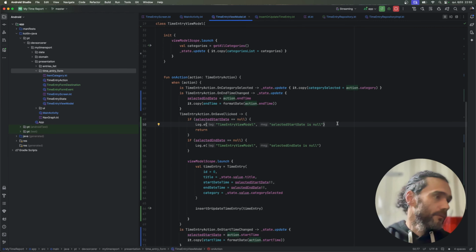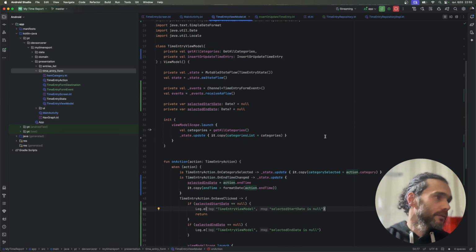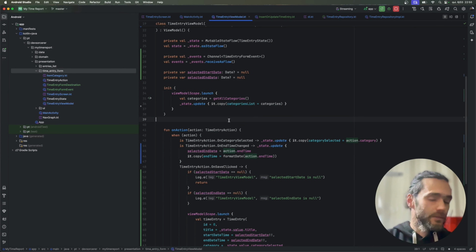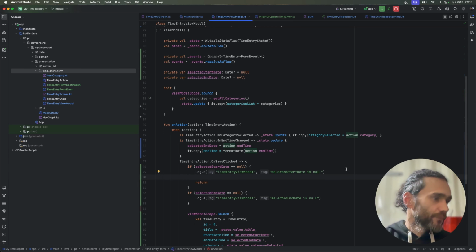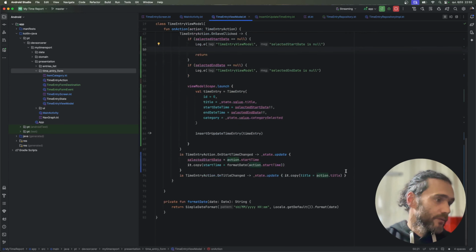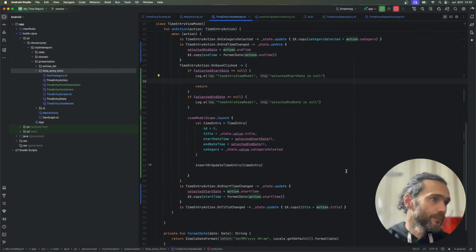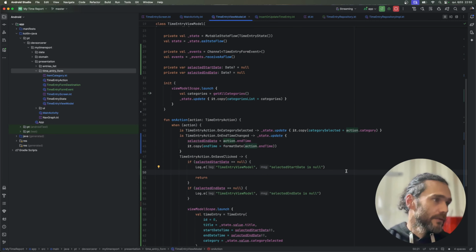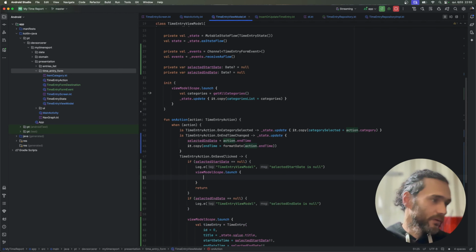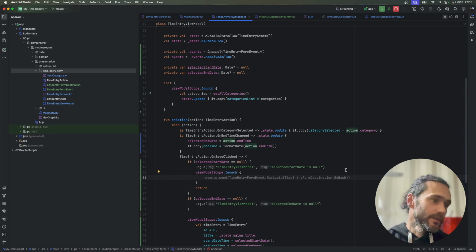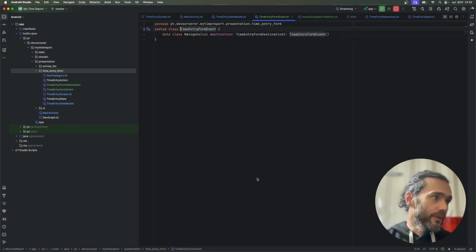And we need to tell the user that it's not selecting the dates. So to do that, we're gonna send also an event. So view model scope.launch, not navigate. Let's create a new event